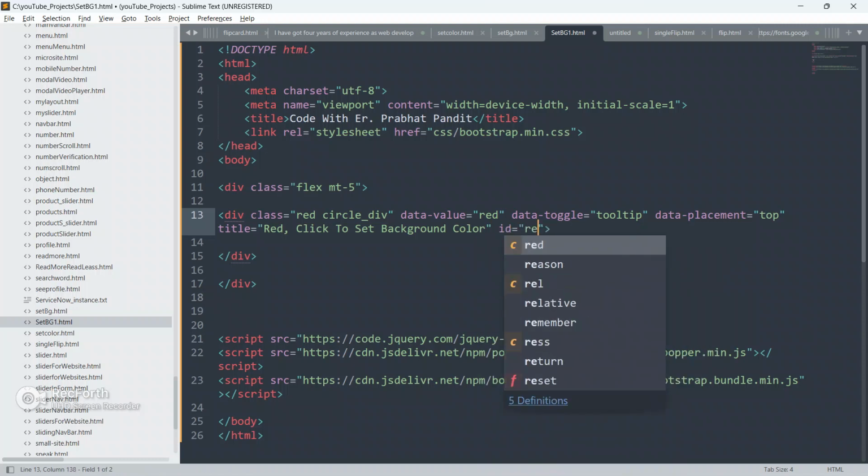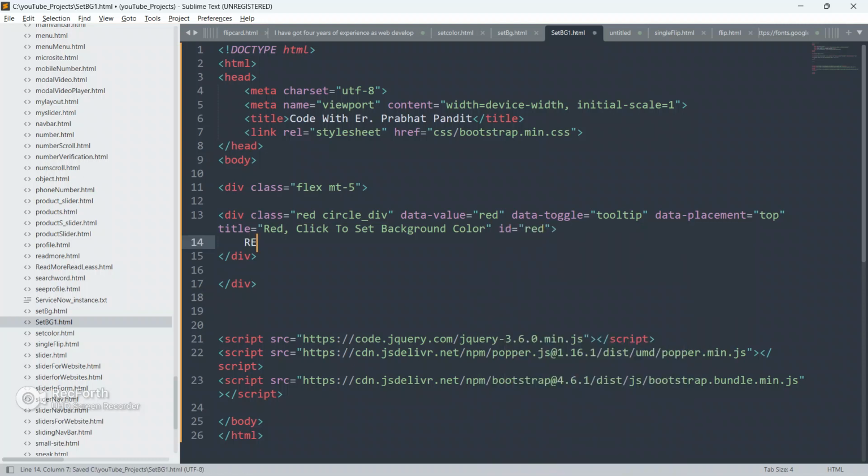Inside this, give ID also as red and give the text as red only.